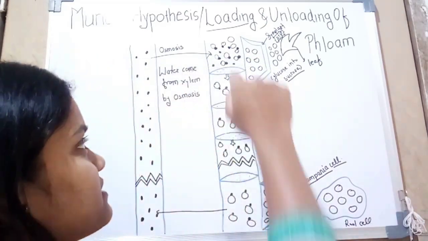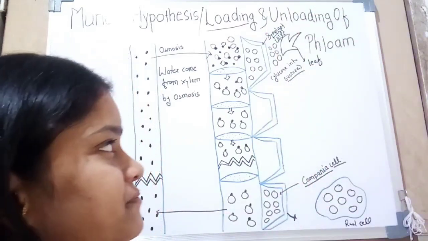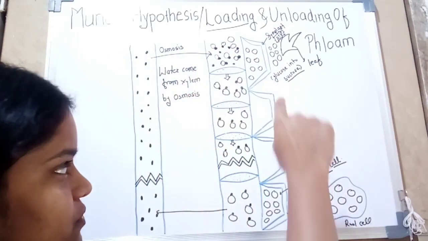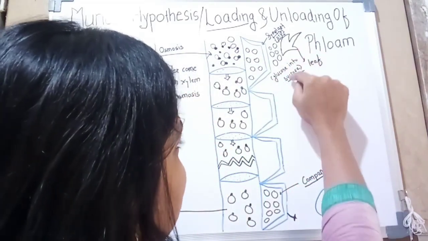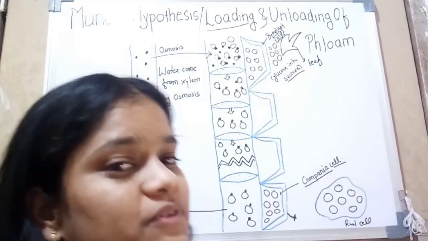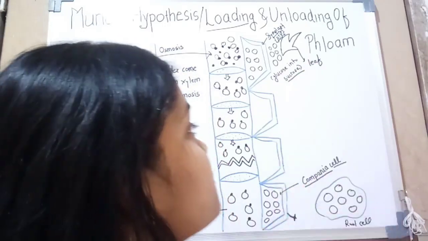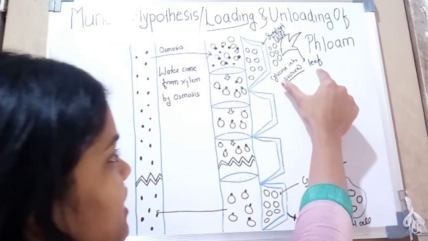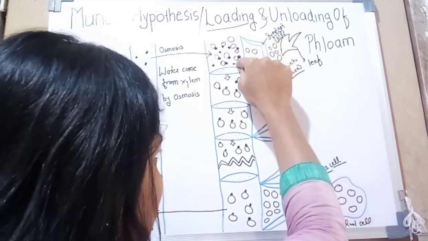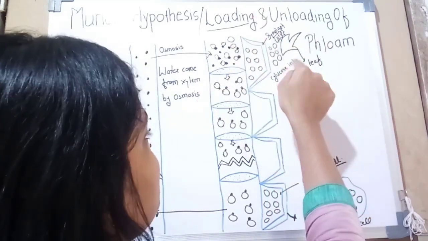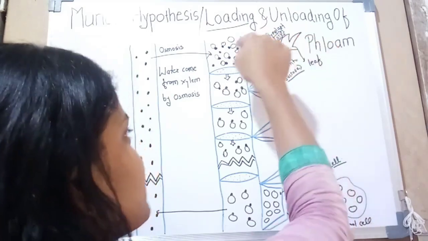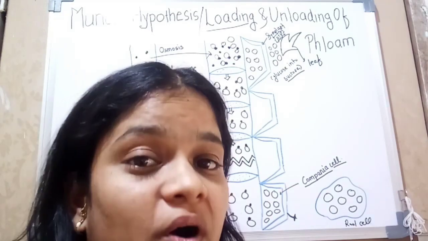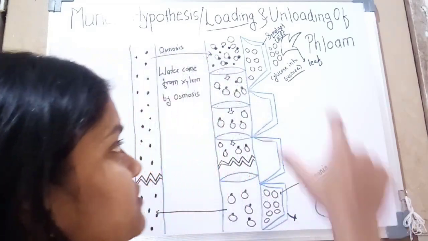So first we discuss the loading of phloem. As a result of photosynthesis there is a formation of glucose molecules. The glucose is converted into sucrose or some glucose derivative. The sucrose is formed inside the mesophyll cells. Once the sucrose is formed, it is directly transferred inside the sieve tubes, or into 2 to 3 veins of the leaf and then into the sieve tubes. And the region where the sucrose is formed is called a source.